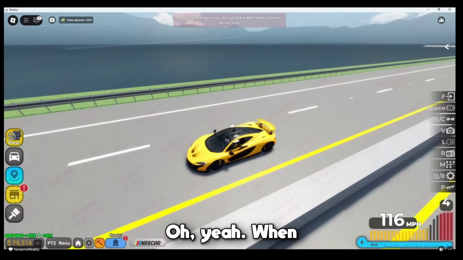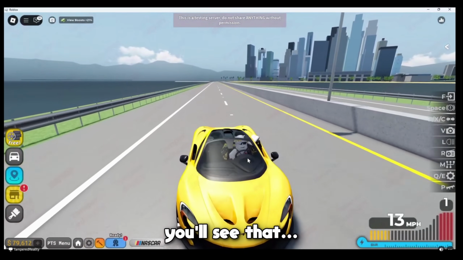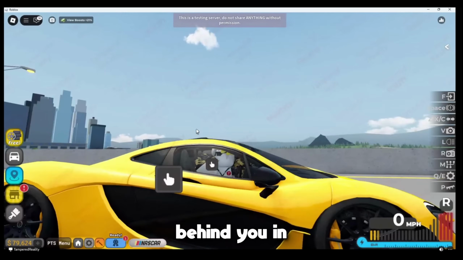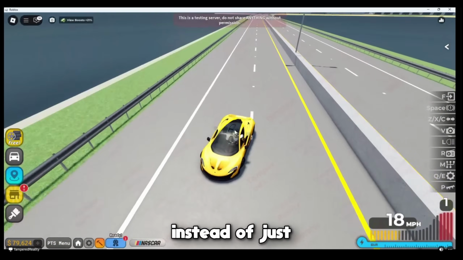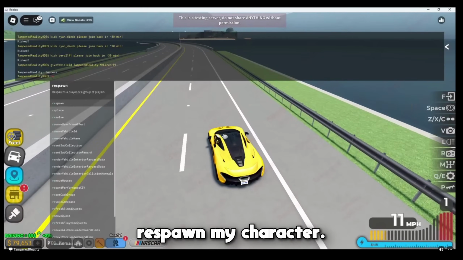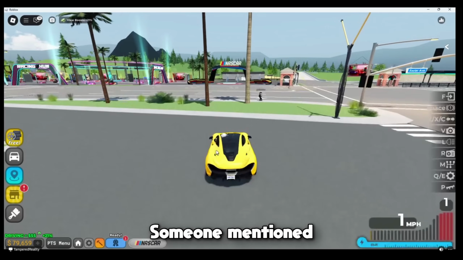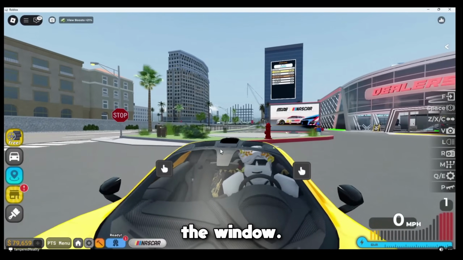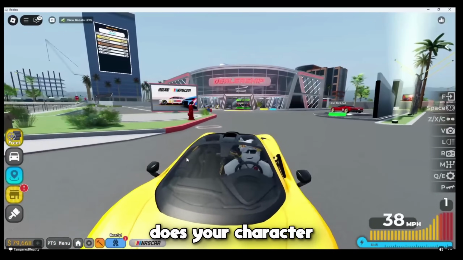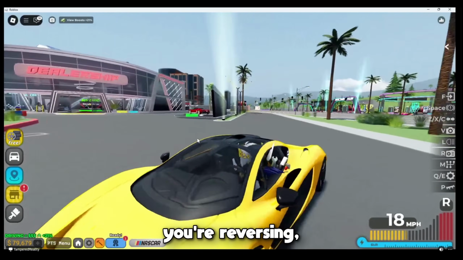Oh yeah, reverse. When you're reversing now, as part of the character additions, you'll see that you'll actually look behind you in the car instead of just going straight ahead non-stop. Here, let me respawn my character. Someone mentioned the hand on the window. Yep, hand on the window. I'll get to that in just a moment. But nice. You'll see, not only does your character actively reverse and look behind you when you're reversing, as it should now,